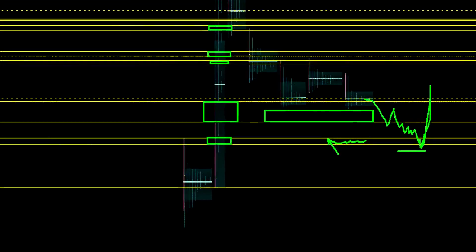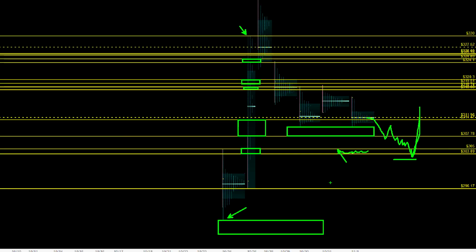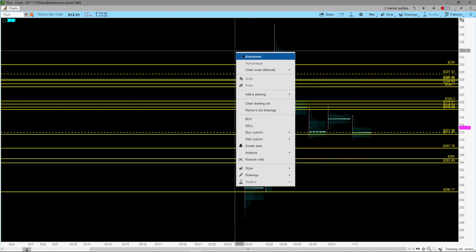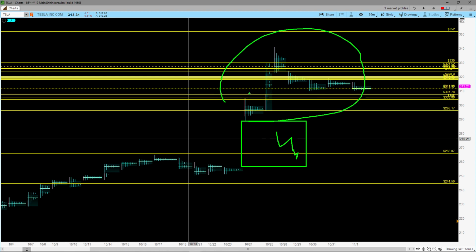Now, the thing that we need to watch out for is that we want to make sure that it doesn't go below this or go and fill this earning gap, right? And if we zoom back out, this is the earning gap that we're talking about. We did not want to see price come down and fill this earning gap. And if it does, then essentially this big move, this entire move here,